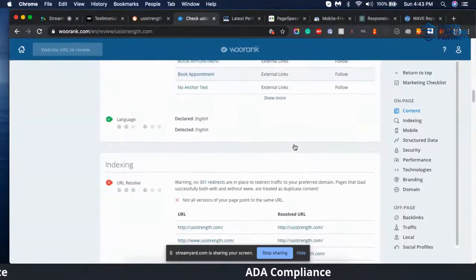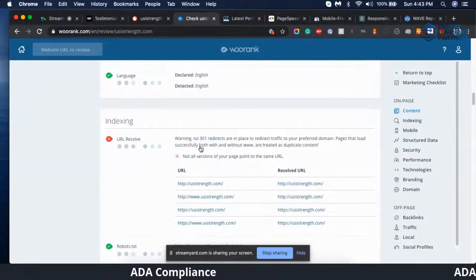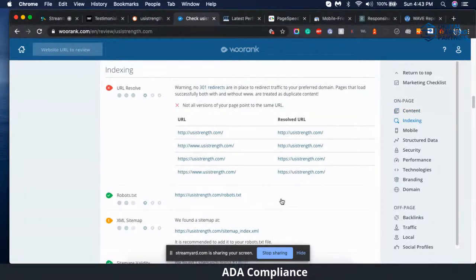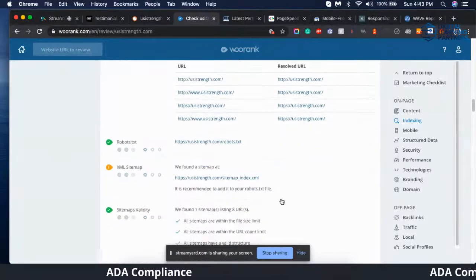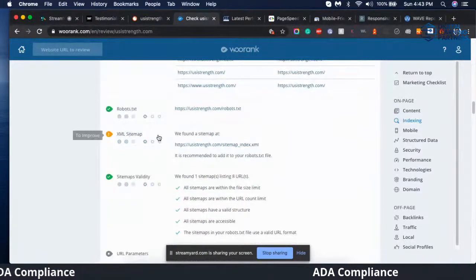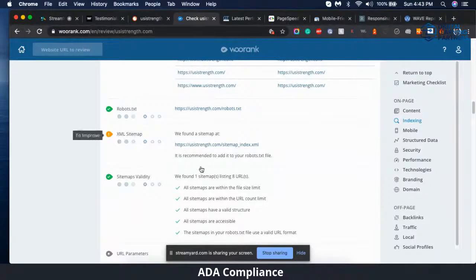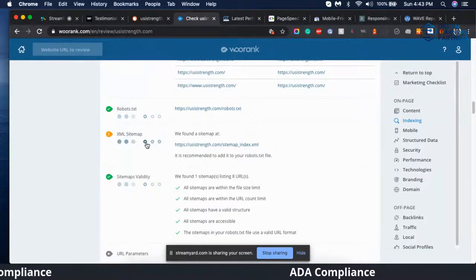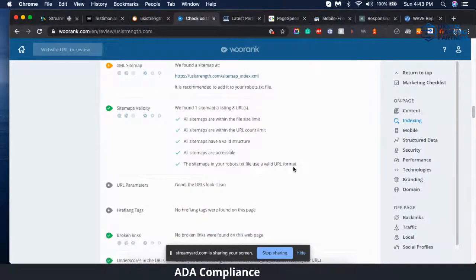He did it. But there is an issue with the 301 redirect on the server side that he needs to take care of, the www versus HTTP. That's something he needs to talk to the developer to fix. XML sitemap, there are some issues on the XML sitemap, so you need to log in to the Google Search Console and fix this problem. Okay, there's an issue with the robots.txt file.